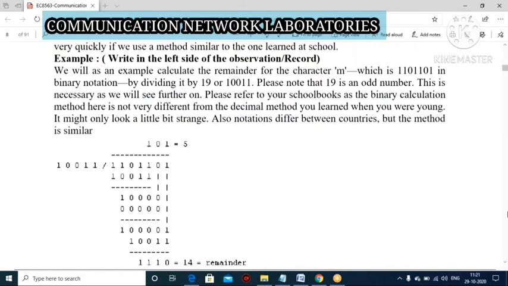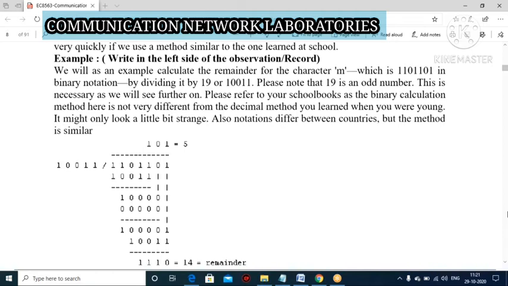laboratory, you must know about the languages which are used in communication networks. In communication networks, you are using C, C++, Java, Python, right?